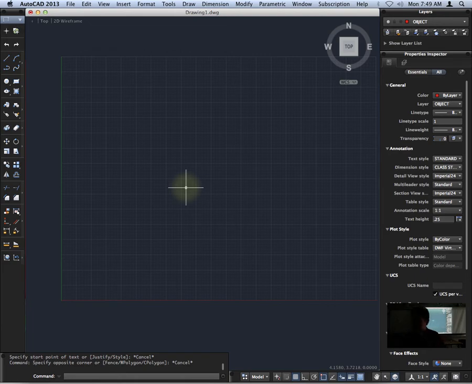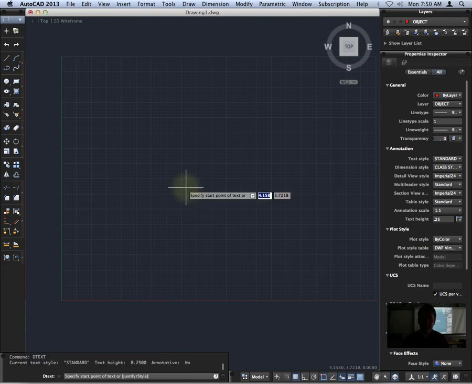All right, so in pretty much all drawings from here forward, we're probably going to have to add some kind of text. Obviously, you usually need to have some kind of explanation about elements of your drawing. And there's a few different text commands, but the one we're going to learn today is Dtext. So just the letter D, T-E-X-T,